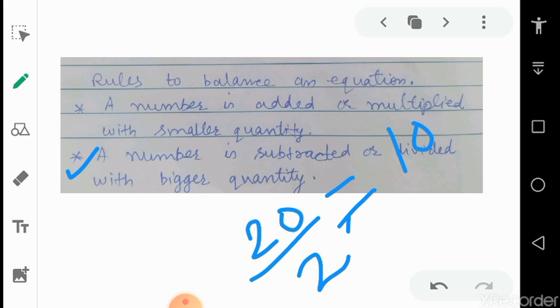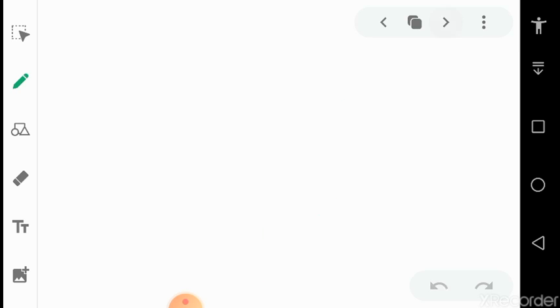So this balancing is very important. If an equation is not balanced properly, our answer will be wrong. Even if the process is right, we get a wrong answer. So in mathematics, if equations are balanced and our operations are correct, then the answer will come. So based on these rules, a few examples are there, they are quite interesting.